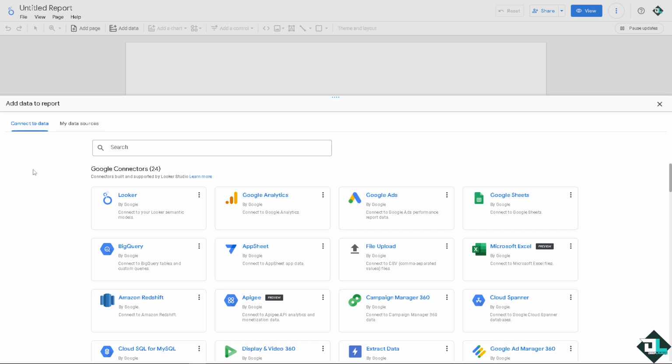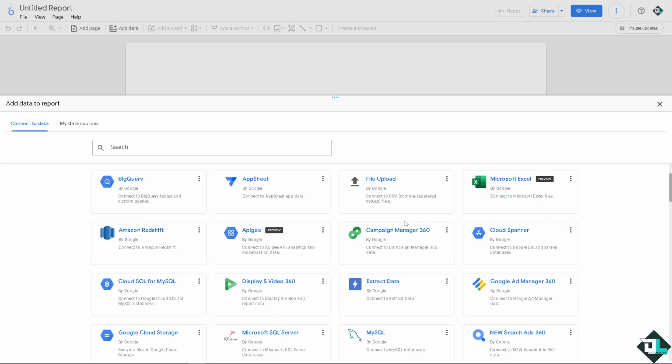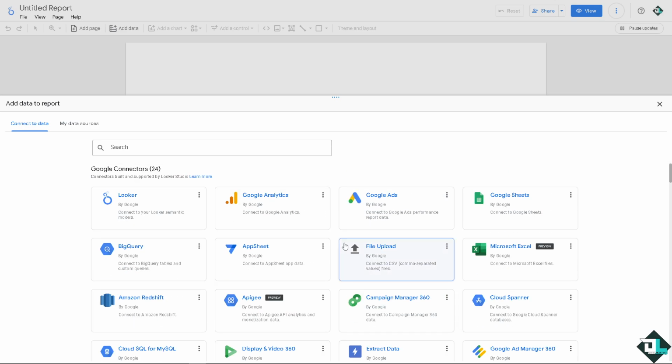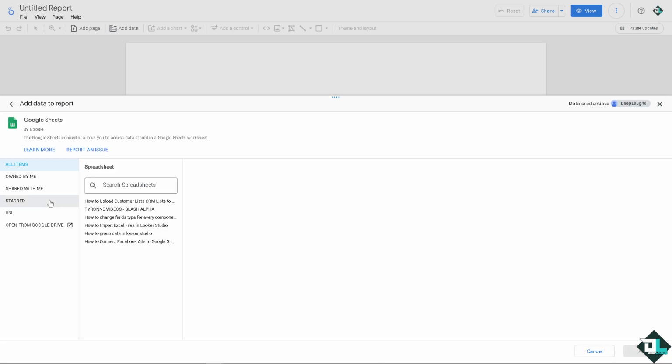A new window will pop up here, displaying various connectors. We have Looker, Google Analytics, Google Ads, Google Sheets. You can also upload a file, AppSheet, BigQuery, Amazon Redshift. There's a lot. We're not going to deal with all of them, but for now, we're going to click on Google Sheets. Basically, Looker Studio is part of the Google ecosystem. Now, click that, and of course, from here,